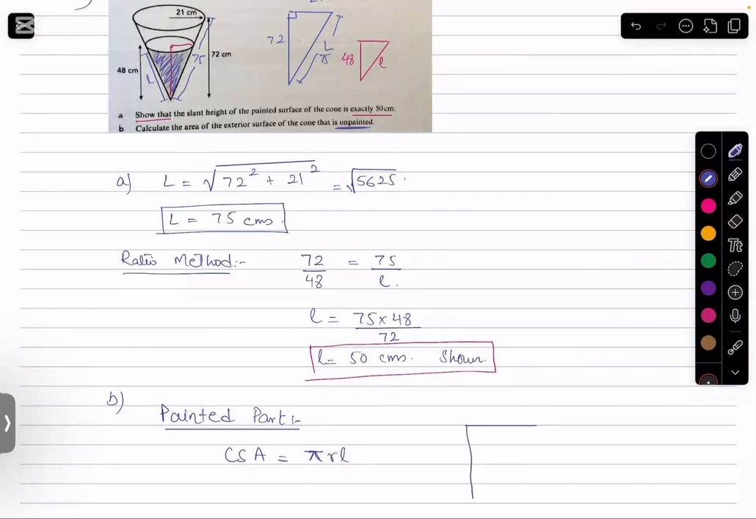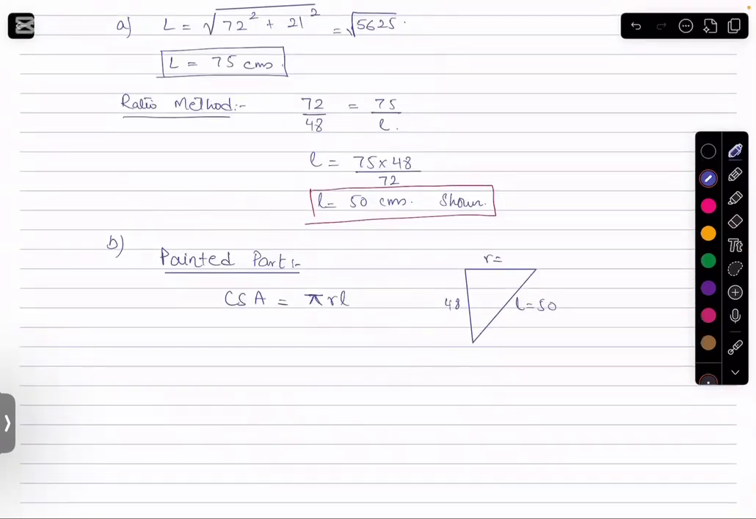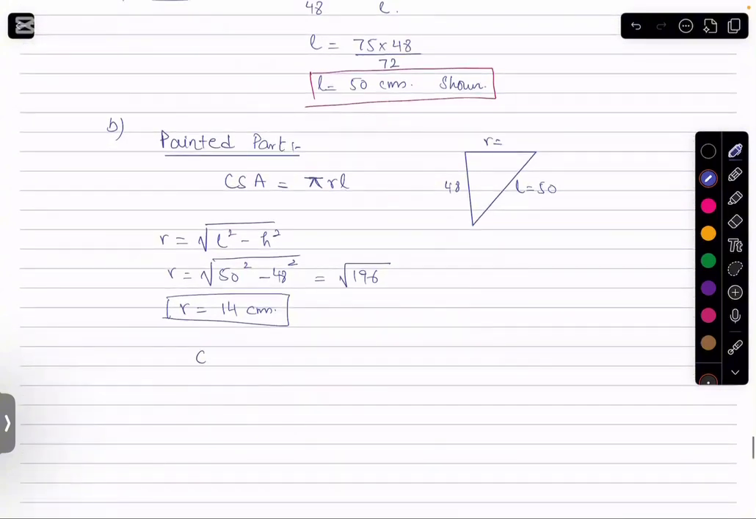We can say for the smaller cone, we have the small l, which we just found as 50. The height is 48. So the radius is going to be the square root of L squared minus height squared, which is the square root of 50 squared minus 48 squared. This comes out to be 196, and the square root of 196 is 14 centimeters. So I have the radius now, so the curved surface area for this cone is going to be pi into 14 into 50, which is 700 pi